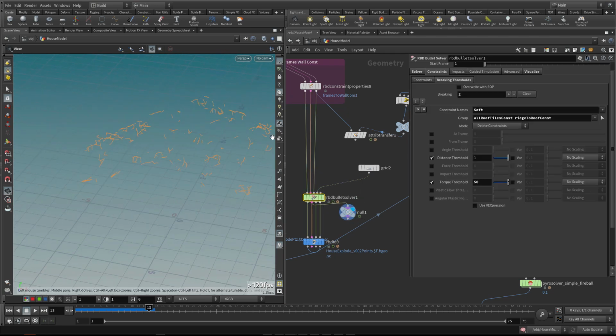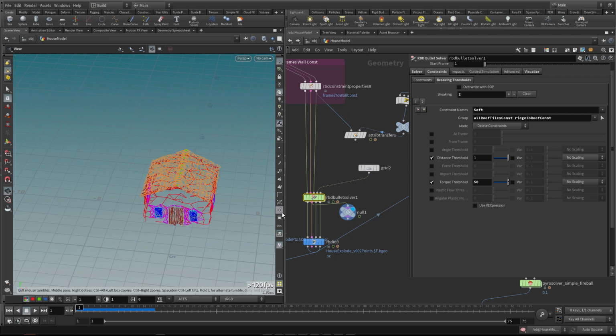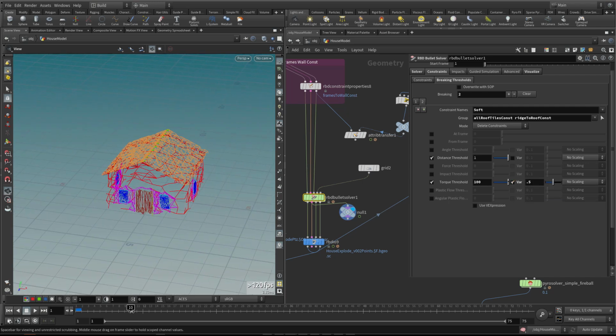And if you really want to break them all at once, you can actually turn on at frame, and then at this frame they'll all disappear. So if you want them all to suddenly fall apart once they're a bit further on, you can do that. And again, you can scale this by attribute or add a variation to there. So maybe we'll put 100 in, we'll have a variation of maybe 50% either way, and we'll see what that gives us,